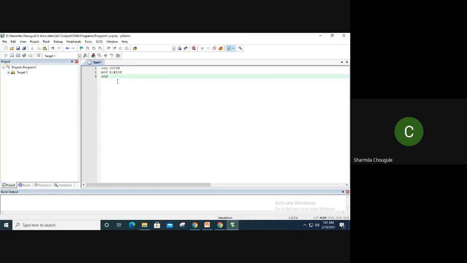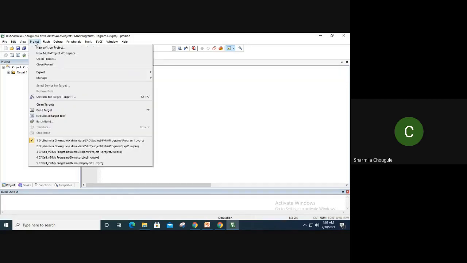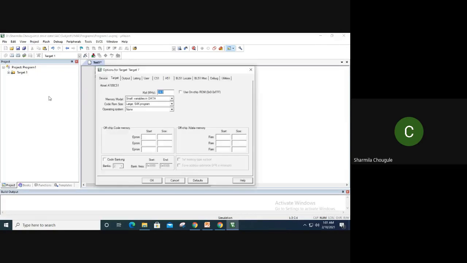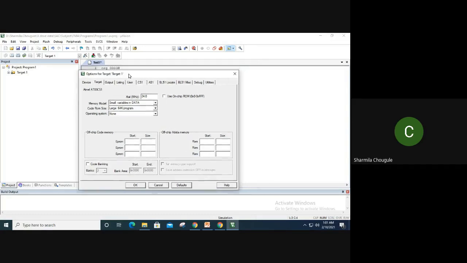After doing this, you have to go to Project, Options for Target 1, then Target. In this there is a crystal frequency. While studying, I told you that to give the clock signal we need a crystal oscillator.